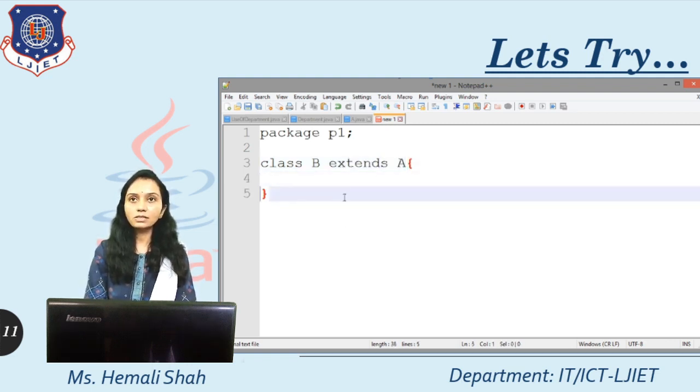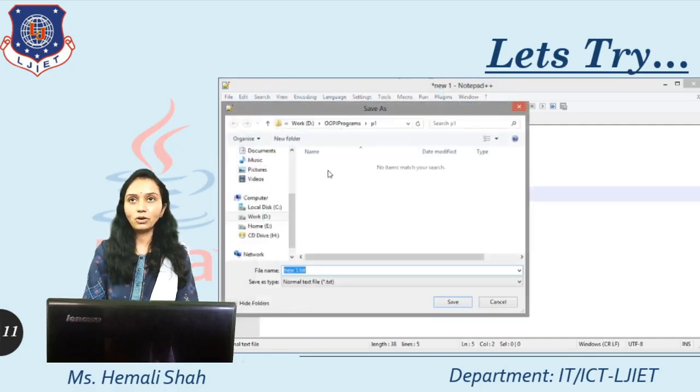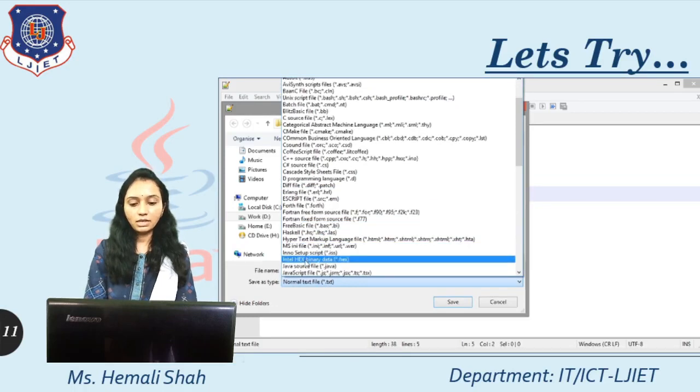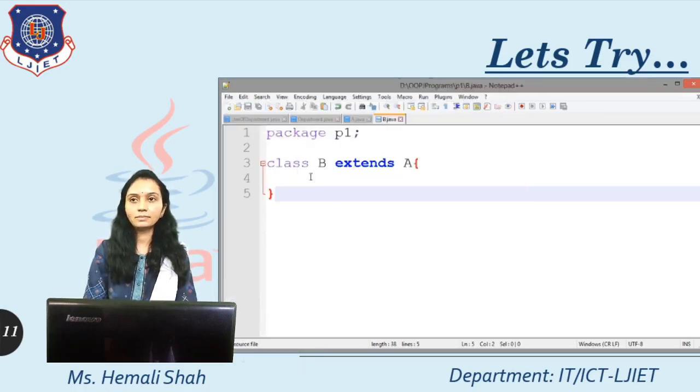Because it is a child class of the same package. This is the scenario, child class of the same package. So save this file in the P1 package only, because this is a class inside the P1 package, and give the file name B.java. Select the extension .java. Save this file.